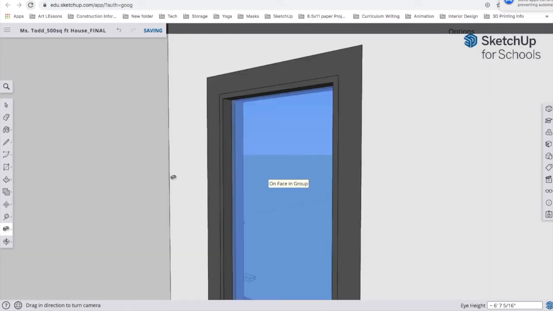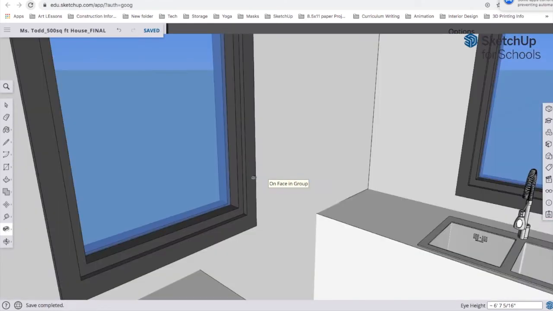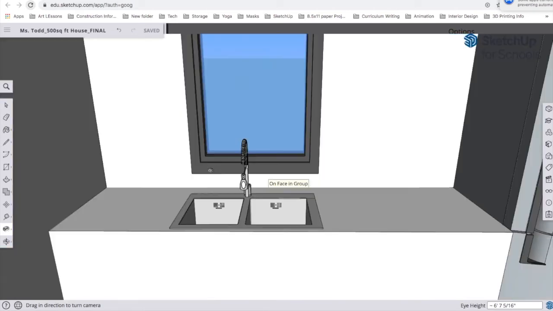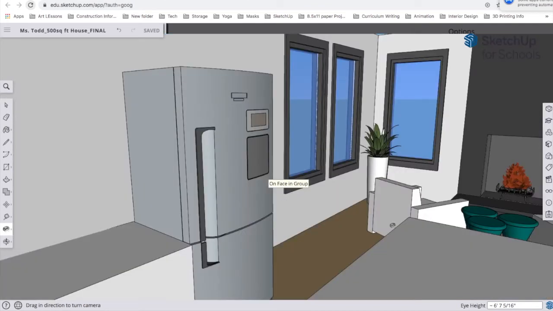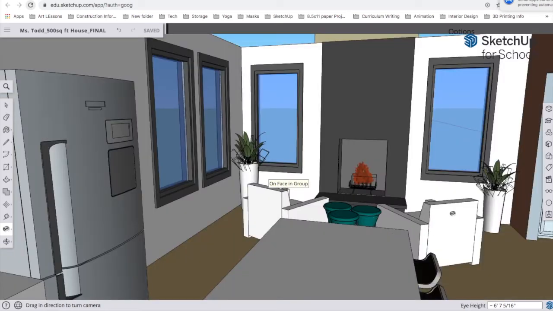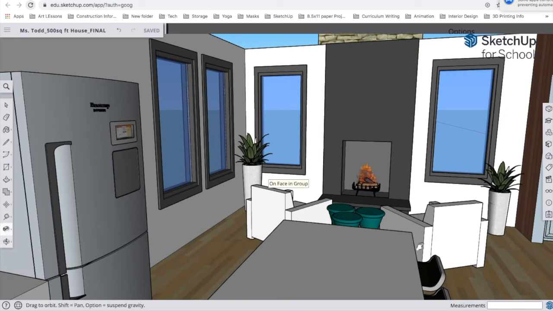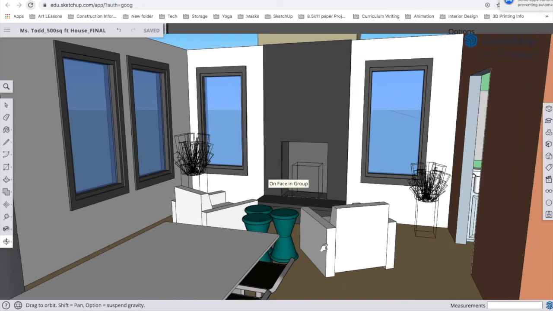Click this eyeball and turn the view so that you are looking into the house. You'll notice that I am in the kitchen right now, and I want to turn my view around so that I am facing the fireplace. Just sort of swipe that eyeball around. And now you can see I look into the living room. Now I'm very close here and I may want to change my position a little bit. I'm going to hold the pan tool and kind of go over a little so that I have a nice